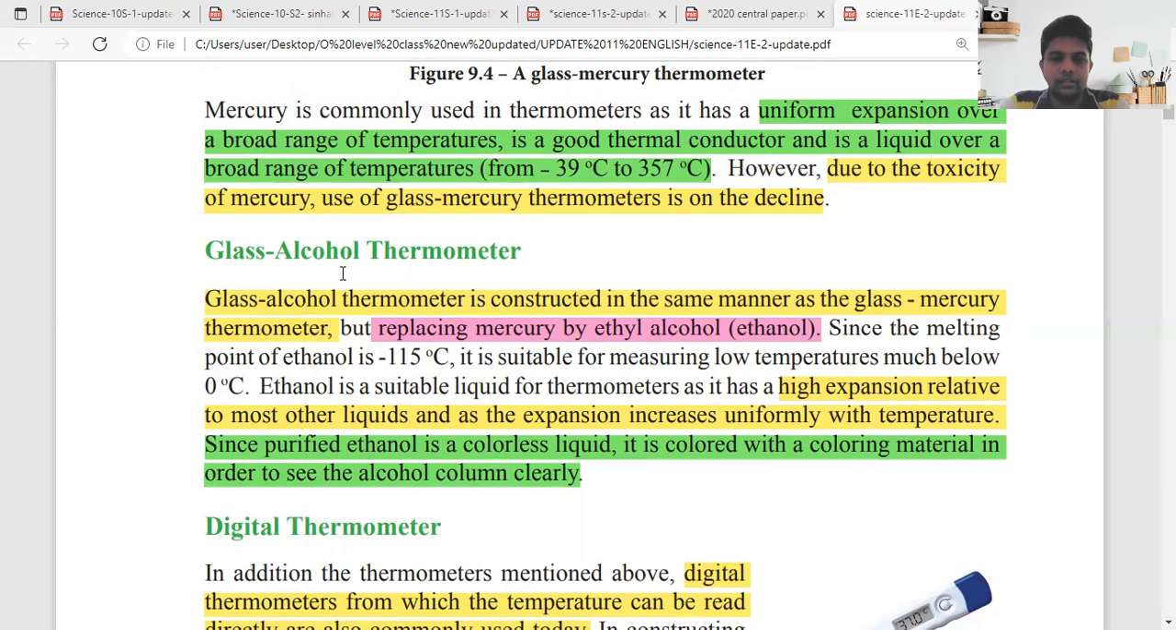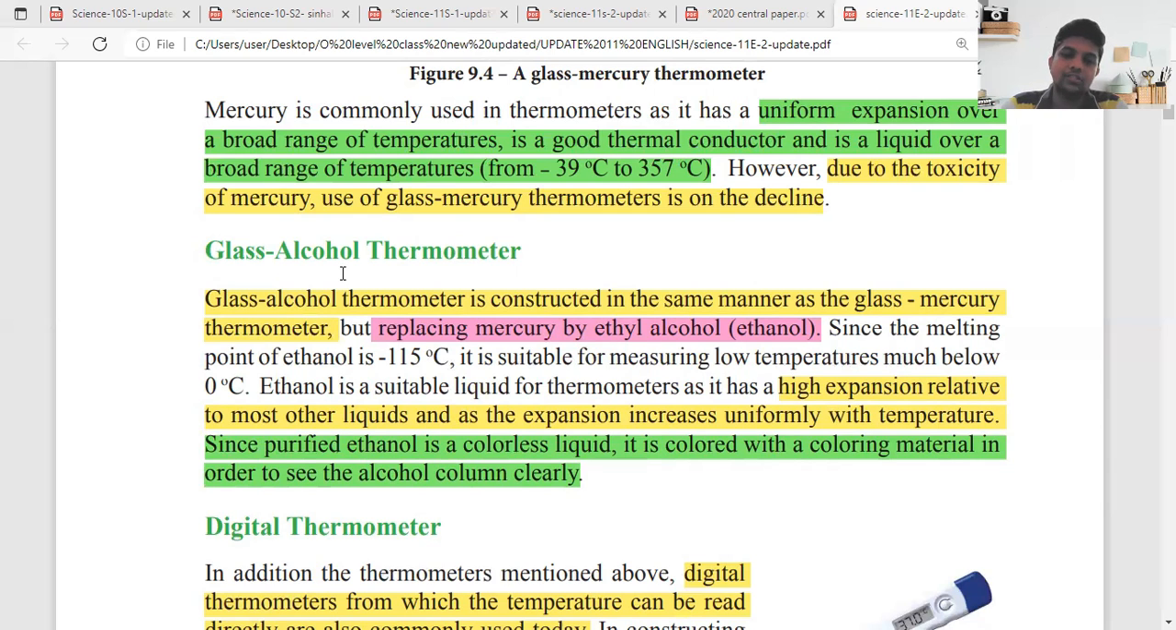Glass alcohol thermometer is constructed in the same manner as the glass mercury thermometer. Only the difference is the liquid. Initially they used mercury. Now they are moving with alcohol by replacing the mercury with ethyl alcohol, in other terms ethanol. Since the melting point of ethanol is minus 115, it is suitable for measuring low temperatures much below 0 Celsius. Ethanol is a suitable liquid for thermometers as it has a high expansion relative to most of the liquids,